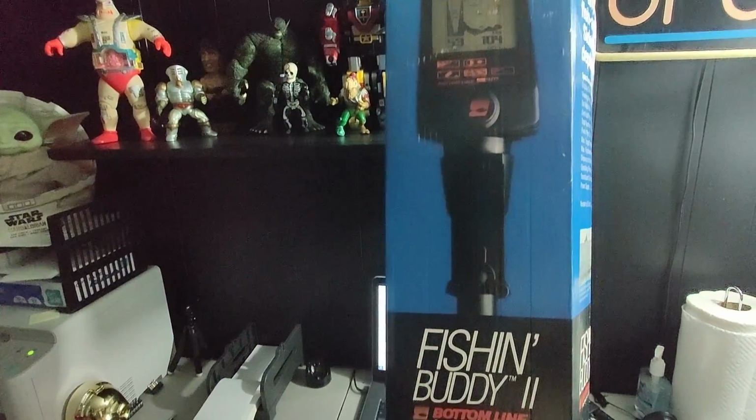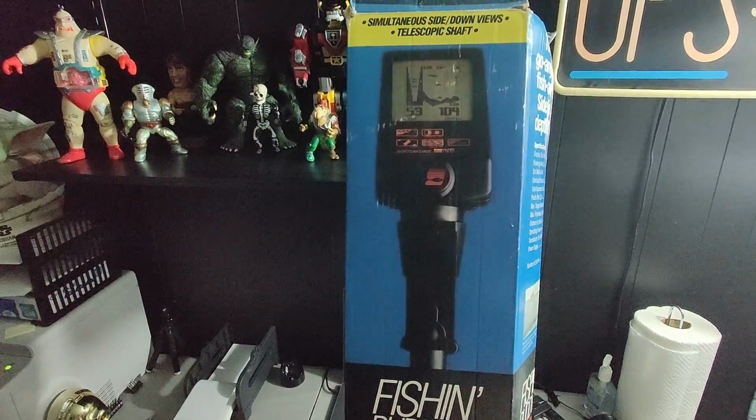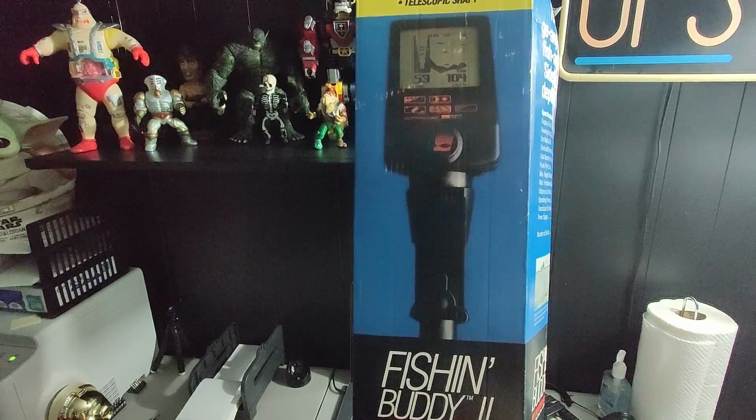So I picked up this Fishin' Buddy depth finder at a Goodwill. I only paid $5.99 for it. I sold it for $120 plus shipping for a total of